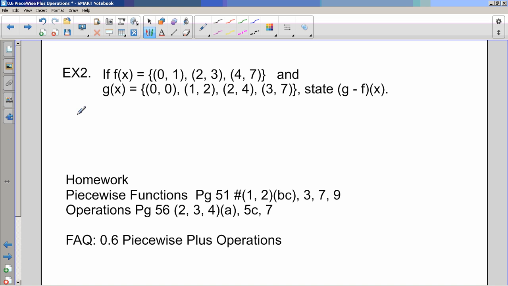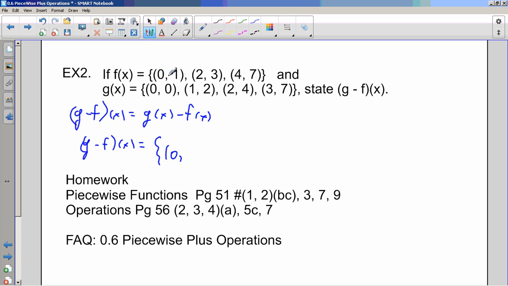So we've got g minus f at x, which we could think of as g at x subtract f at x. But what's weird is we don't have any equations, right? There's no formulas here. We just have the points. So in fact, our difference function is just going to be a list of points. Well, what list of points? Well, notice for each input, I have to find the point where the other function is defined as well. So for instance, an input of 0,